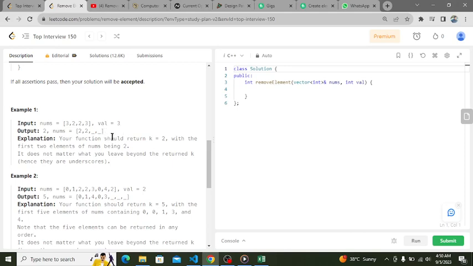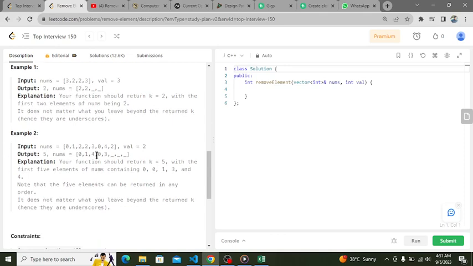If the value is present, we have to delete that element. After the deletion the resultant array would be this. We remove 3 from the array. Because the value was 3, and we have to return the length of the array,